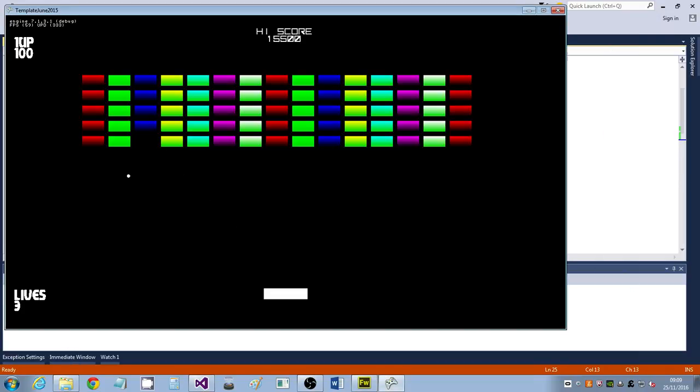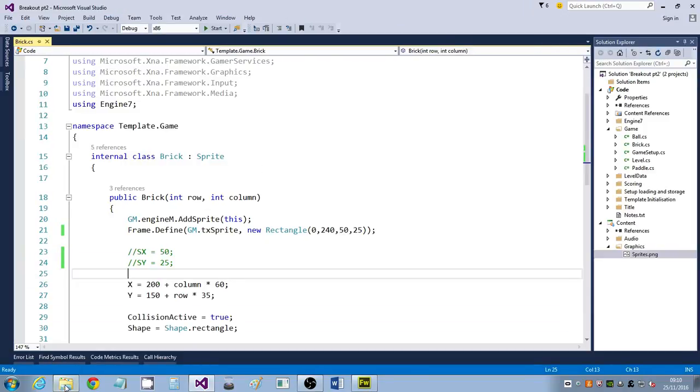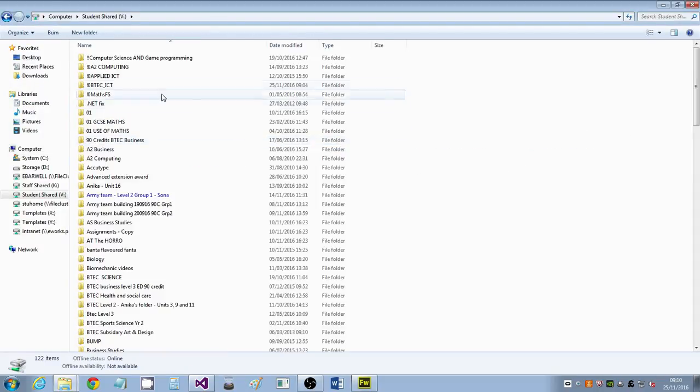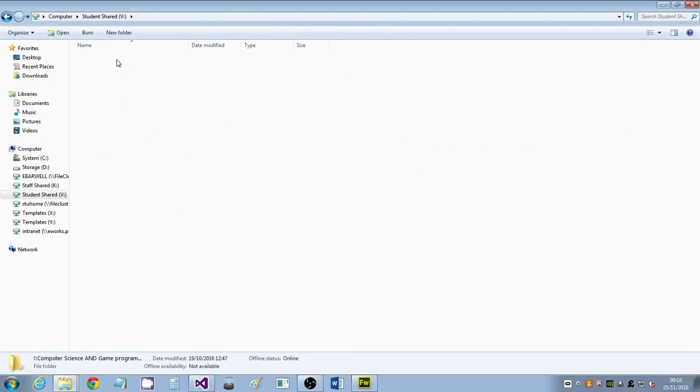So there you go. Get some very strange colours there. And that's it. That's how you add your actual own graphics. So when you do your games, you won't use just blocks. You'll probably want to nick a load of sprite graphics. And if you want to look at some good sprite graphics, on the shared bit, I have compiled